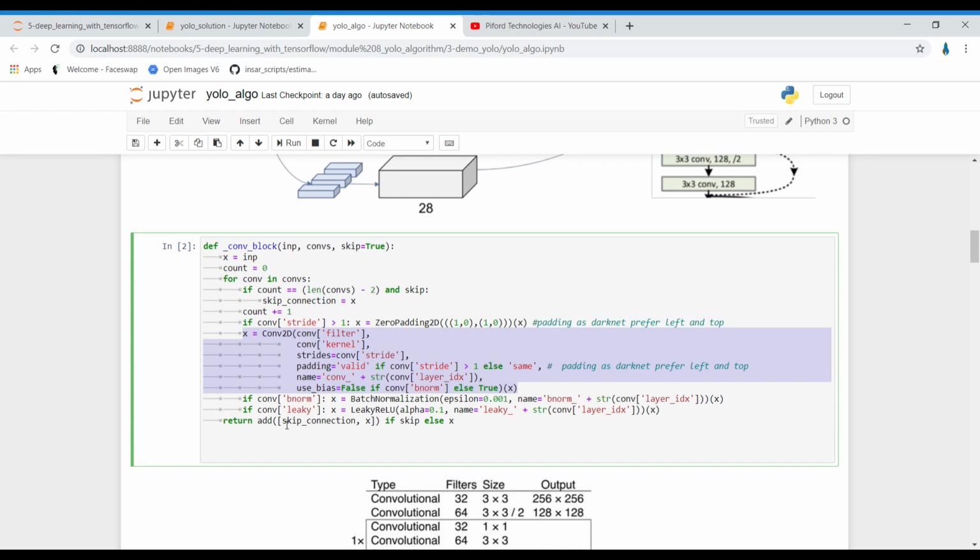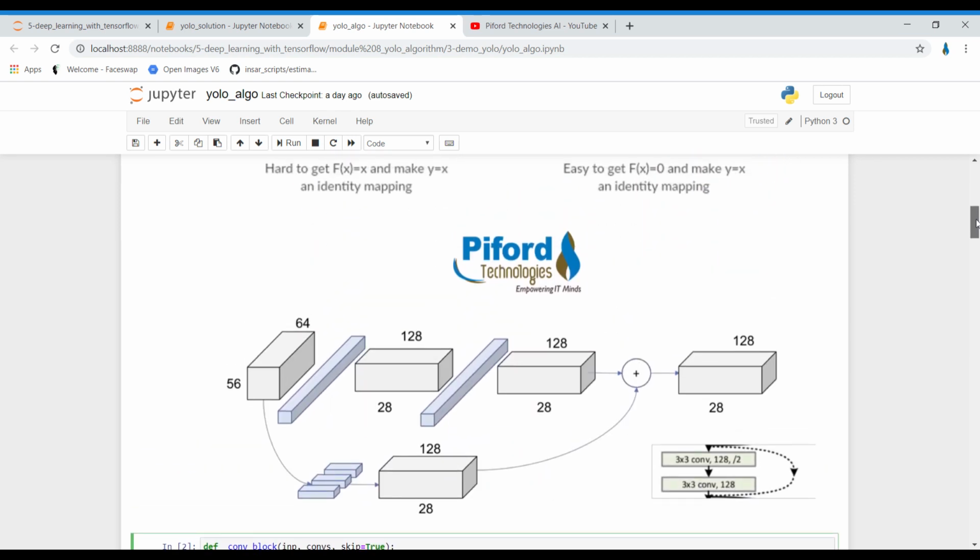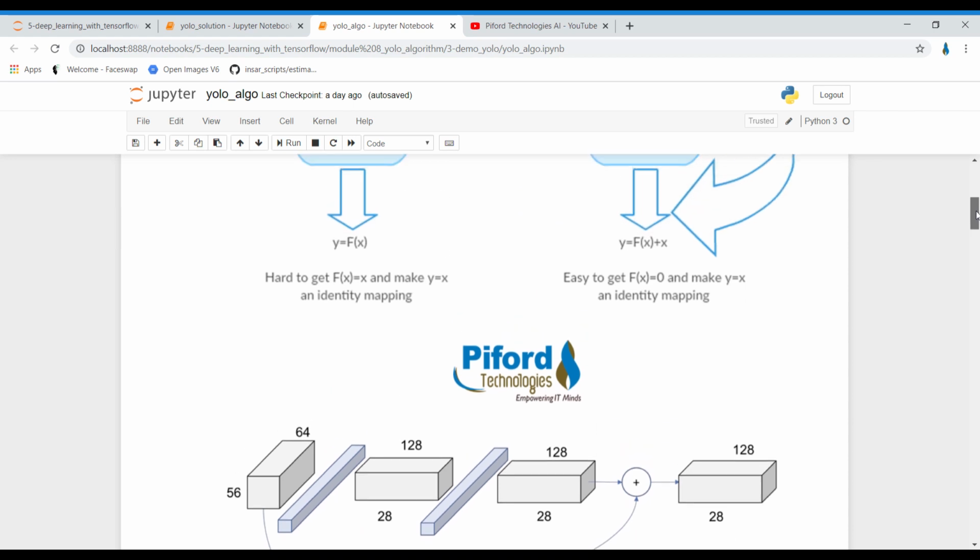Finally, this is the actual x, and this is f of x, the function of x, and we are adding them. This is what the convolutional block does. One more thing you have to keep in mind: if you want to add the function of x with x, then the dimensions, the volume of function of x and the volume of x, should be the same, and only then can you perform the addition operation.